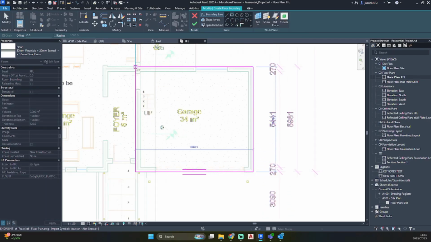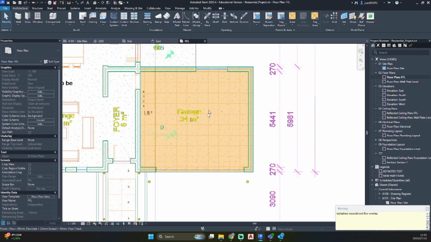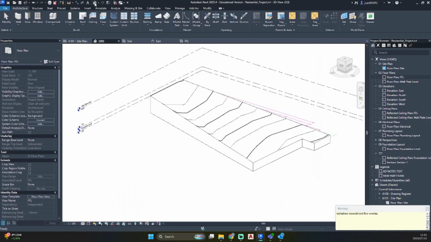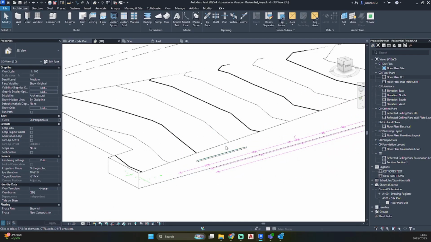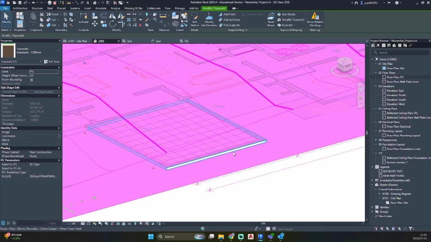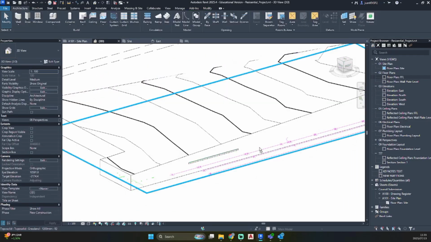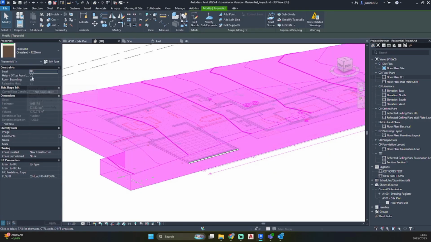And let's just drag in our floor. If we click OK, just like that, we'll see our floor has been placed. So if you go into 3D view, you won't be able to see your floor because we have drawn it inside of our site. So let's just check our site's height. You can see it's currently set at finished floor level.